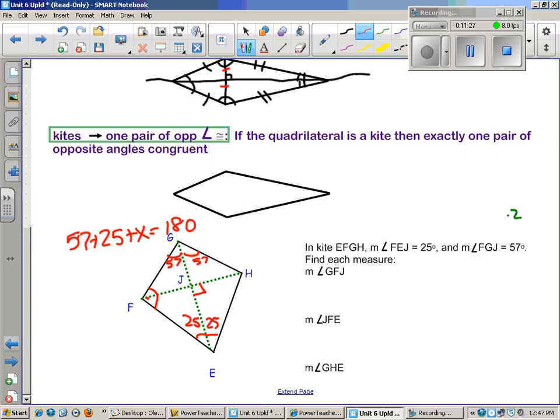So that gives me 82 plus x is 180. Subtract 82 and I get x is 98. So this one's 98. What's that one? 98. Okay. The other thing they like to do with kites, okay, is